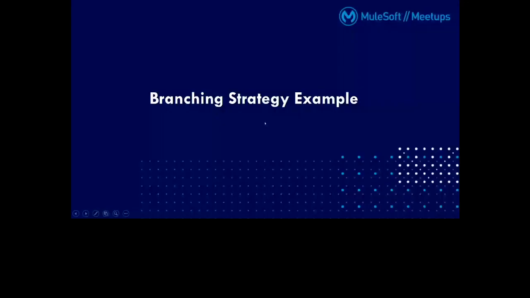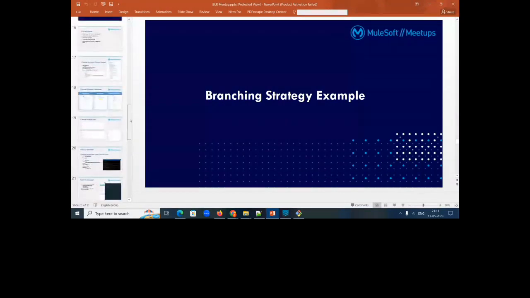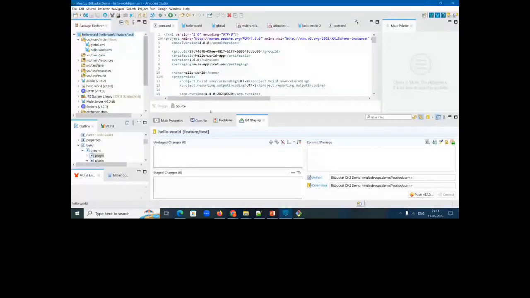And then we have a branching strategy example. Let's take a look at the branching strategy example a little later. Let's go to the demo first. Okay, so let's go to the Anypoint Studio. We have a Hello World app